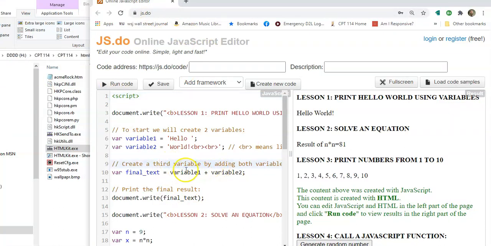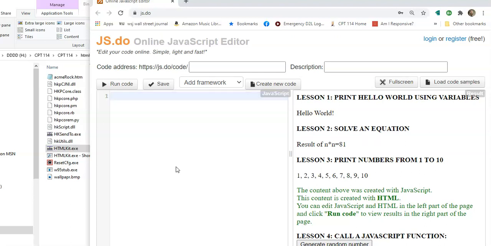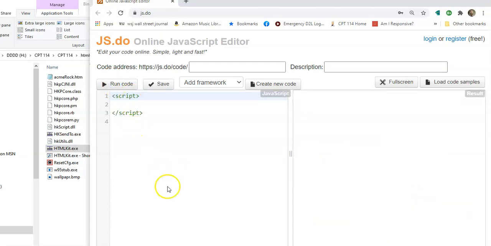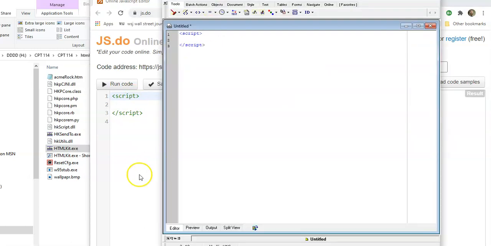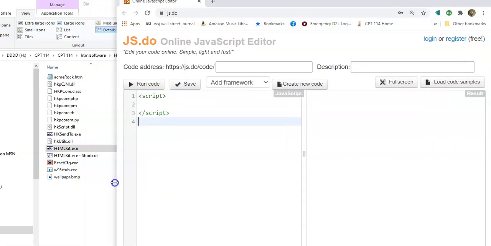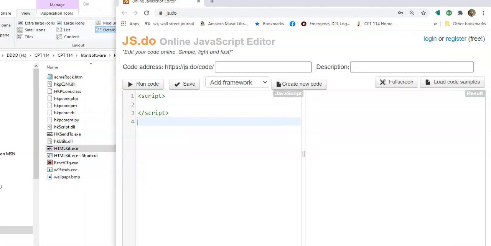Now for this one, all you do is click in the box, hold down the control key and press A. If you're on a Mac, it'll be Command A. And then delete everything inside that box, and then run the code. And they automatically put your script tags on there for you. So either way you go, HTML kit or JSDO, we're going to be writing code. And again, let's go back to where we were